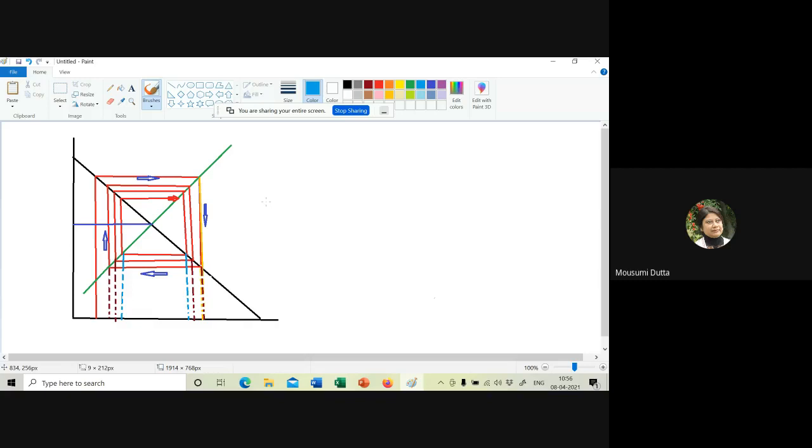So do I need to clarify anything else regarding this cobweb diagram, or it's now okay to all of you? Yes, ma'am. Is it okay to all of you? Yes, ma'am. Yes. So next,